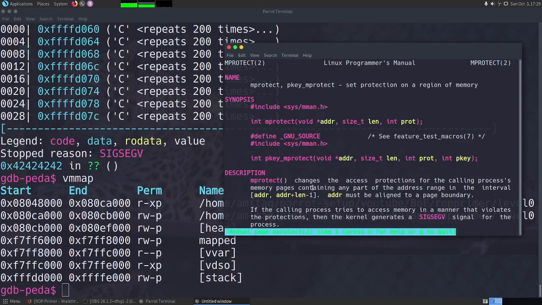So you can give it any address. The parameters that it requires are the address from where you want to mark it with certain permissions, then the length that you are going to mark, and then what is the protection that you need.